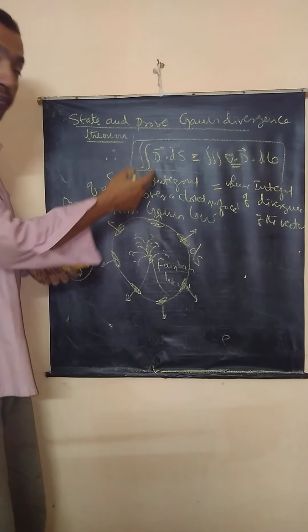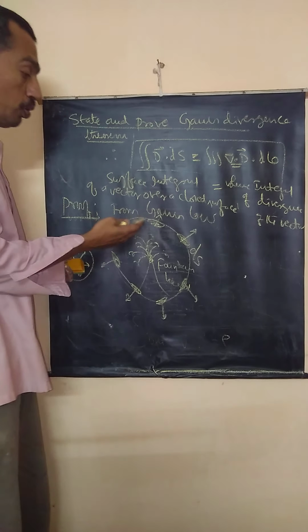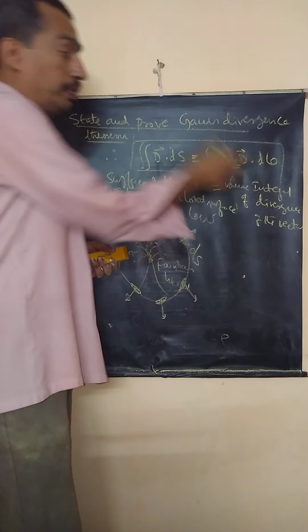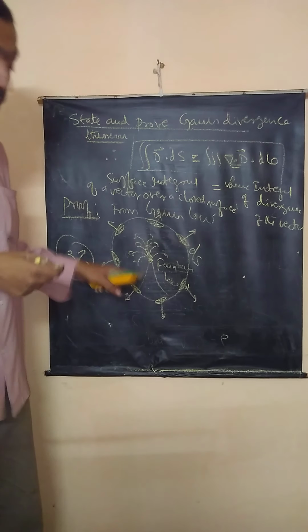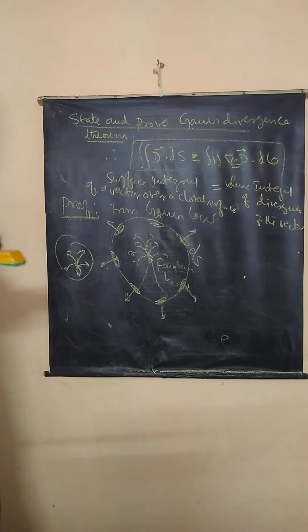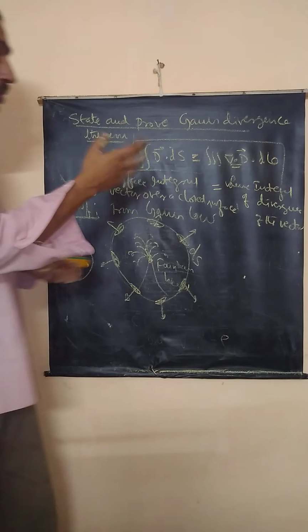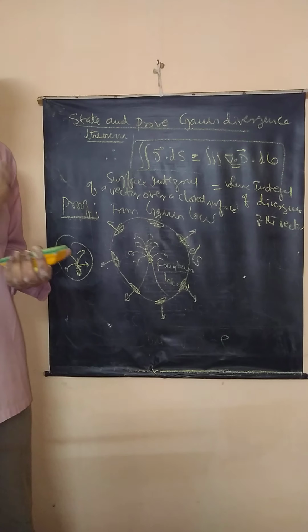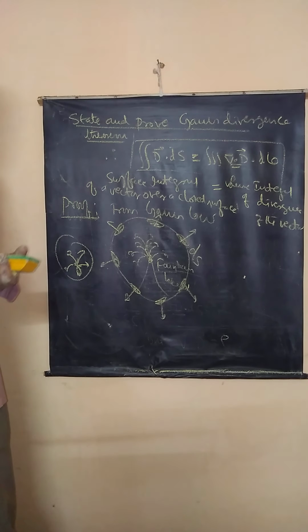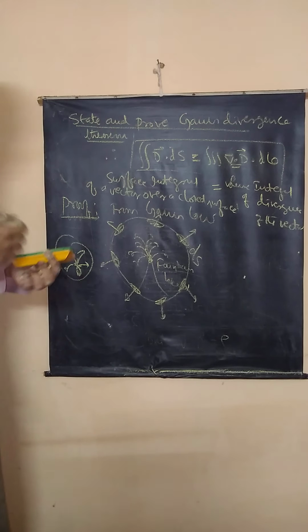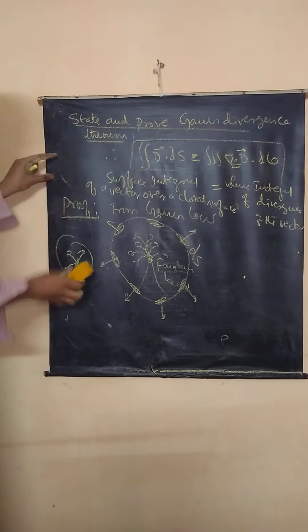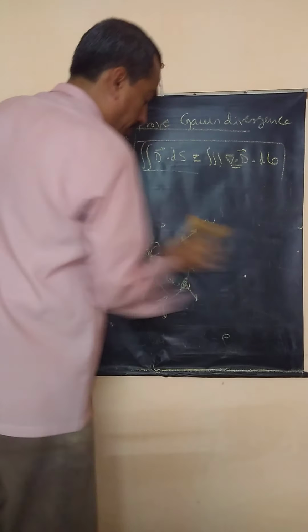It says the surface integral of a vector over a closed surface is equal to the volume integral of divergence of the vector over the volume enclosed by the surface. Is it clear? So similarly, we have what is known as curl theorem. This is divergence theorem. I have told you what is curl of a vector. What is curl of magnetic field? How is it related to current? What is Ampere's law? Oersted law? In this context, I think I must tell you what is curl theorem also. This is divergence theorem. I will show you now what is curl theorem.